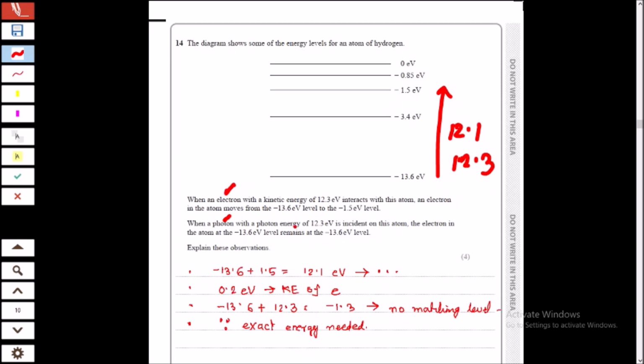Now you can ask: if previously the electron had gained the additional 0.2, why can't it happen in the case of the photon? No, it cannot happen in the case of the photon. The photon cannot gain this additional 0.2 electron volt of energy. Only the electron could gain that additional energy. The photon cannot attain that extra energy by itself. Therefore, when you give an electron, you can give whatever amount of energy you like. The remaining energy will be taken by the electron as kinetic energy. It's not restricted. But for a photon, if you introduce a photon to transfer an electron from a lower to a higher level, you have to provide exactly the energy gap amount of photon energy.